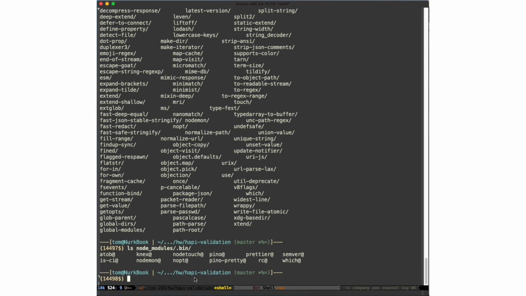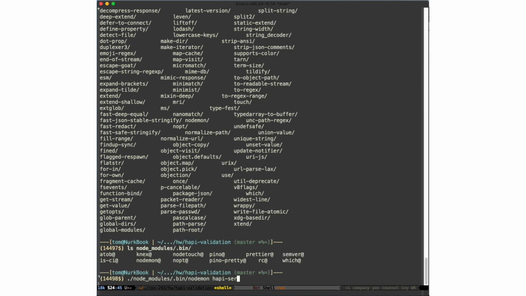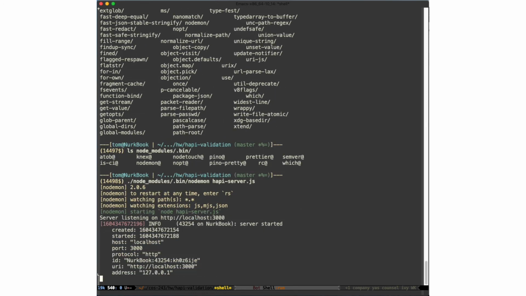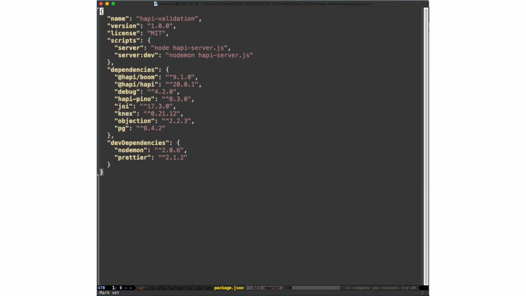So you can actually run this directly. You can say node_modules/.bin/nodemon and then happyserver.js as we've been doing. So that's going to run Nodemon just like we've had, but that's really a clunky path to have to type in. So when you create in your package.json file an entry in this scripts section, the shell that's executed when you run one of these scripts has added to its path variable the path to that .bin directory. So behind the scenes, Yarn just sets that up for you so that it runs properly without having to use that